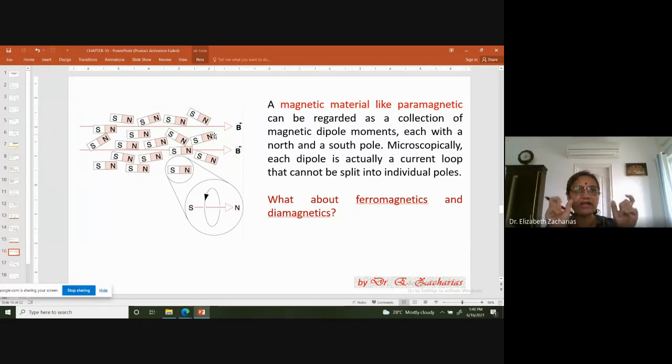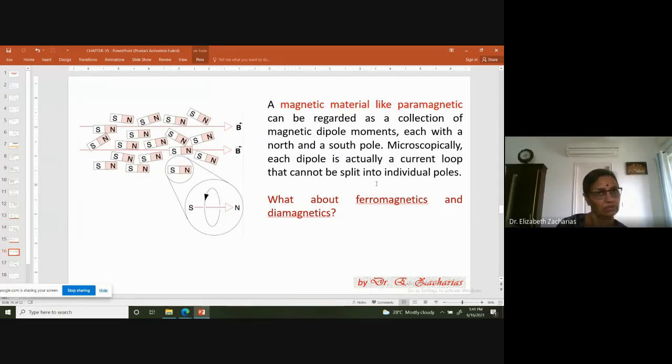Initially, because they were all randomly oriented, if you take a block of the paramagnetic material, the net magnetization will be 0. The net magnetic dipole will be 0. Though each atom has its own dipole, because they are all randomly oriented, the vector sum is 0. But the minute you apply a magnetic field, there is at least a little orientation. So there is more north on the right hand side of the picture and south on the left hand side, or you can talk about a net dipole moment.